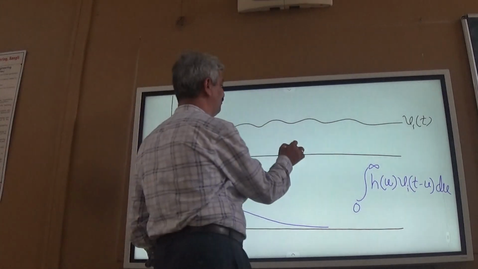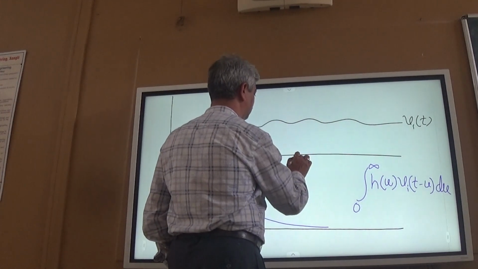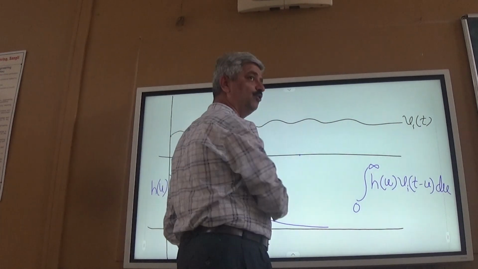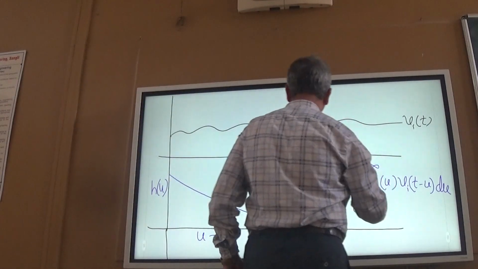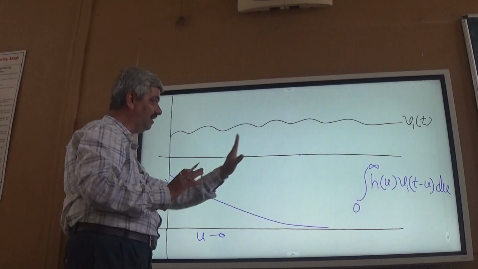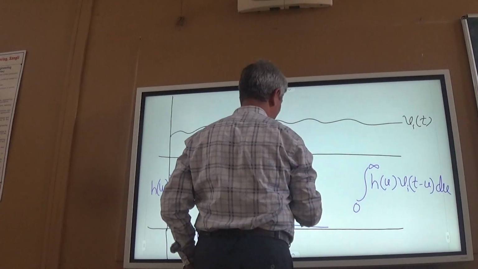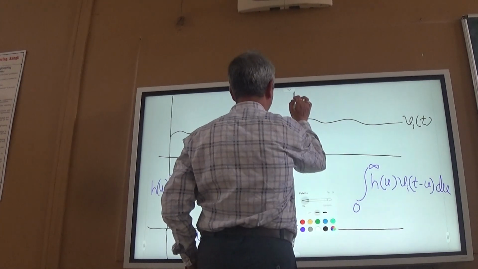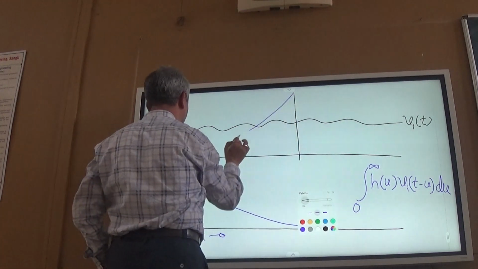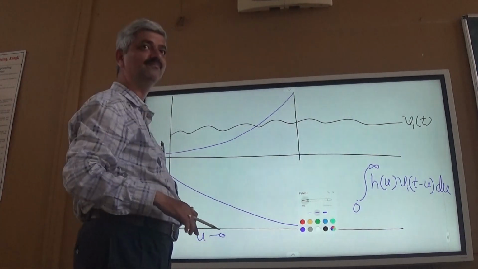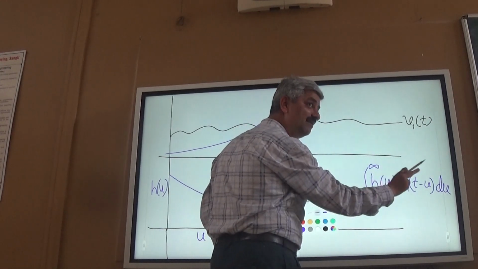So suppose if I want to find output at here, so I want to find what is V_out(t) here. So what I do, I take this v(u) mirror image. I am trying my level best so that you should understand something. Right. So h(u), v_in(t minus u)